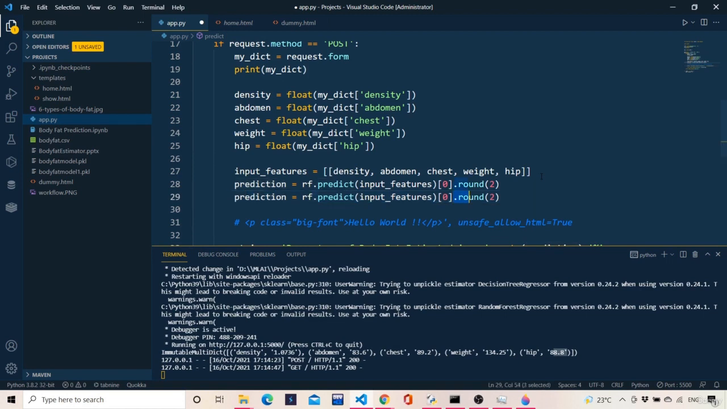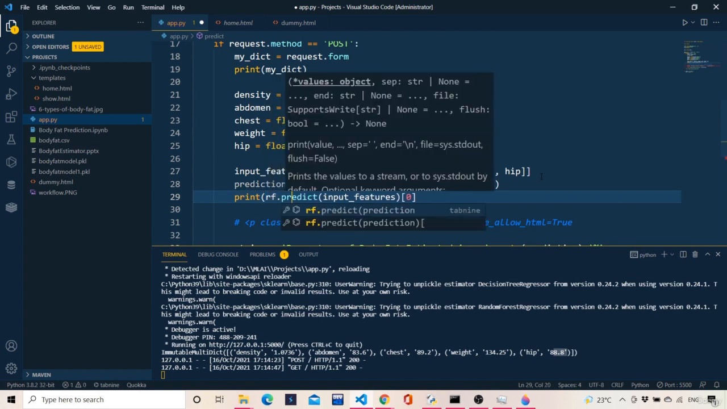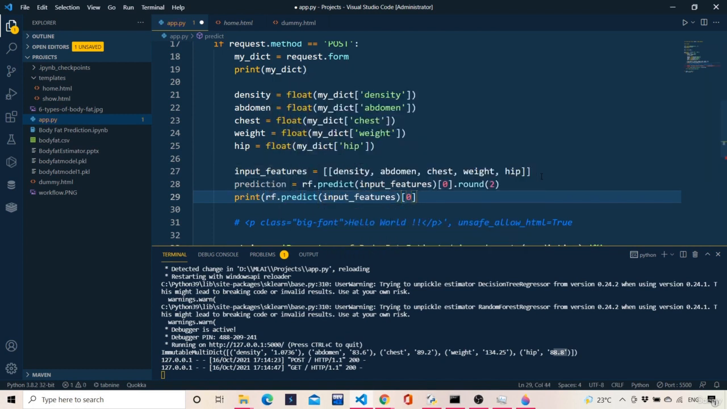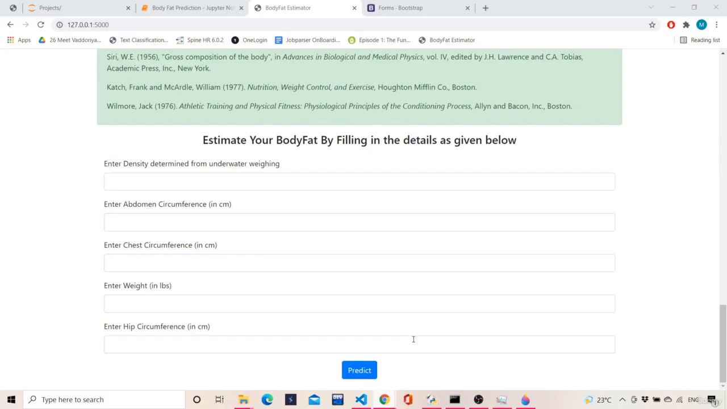So till now I'll just showcase something. I'll just print this so that it's easy. Print rf.predict input features of 0. So I'll not use this input, I'll not use this thing, so that it makes more sense now. Okay, so if I try to rerun this, and over here if I try to fill in the form again,